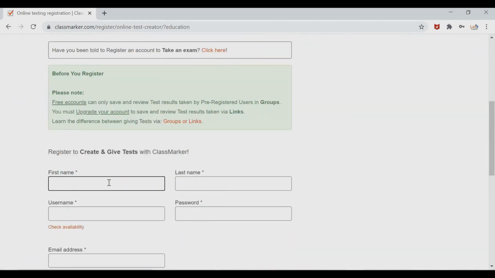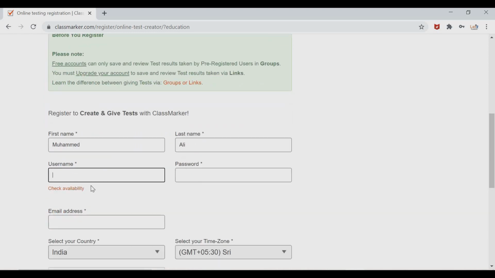And give your name, type your name, and the last name. Then choose a username.